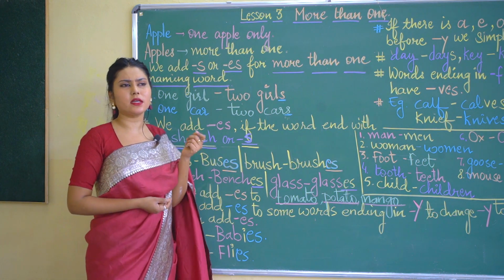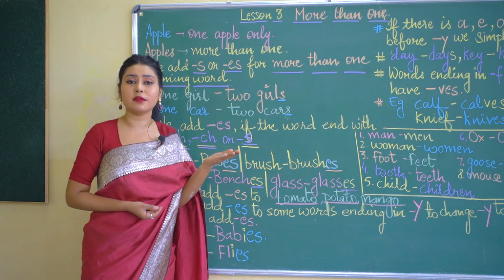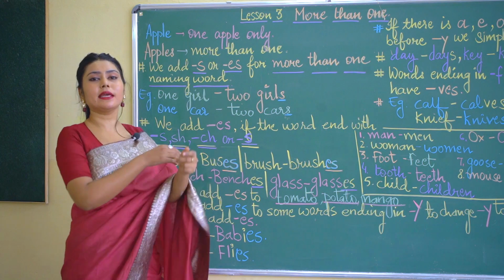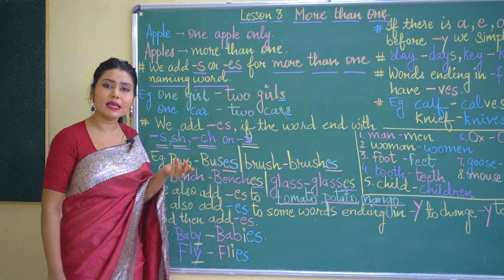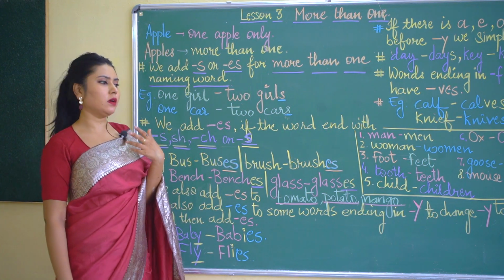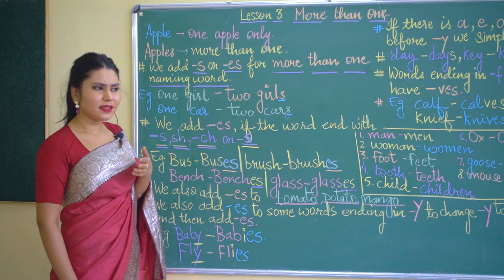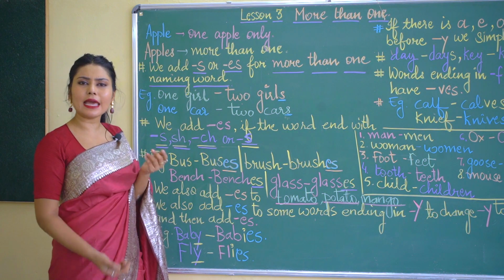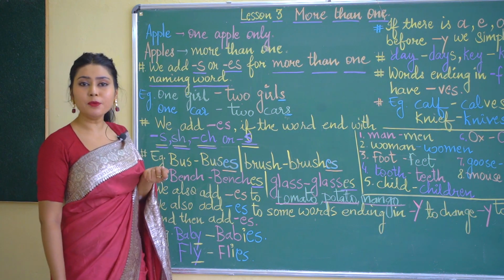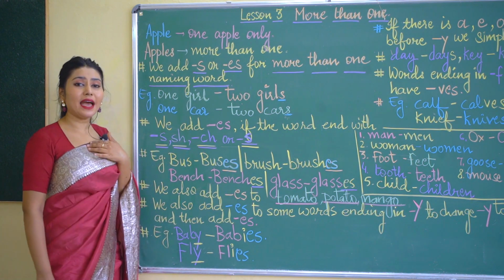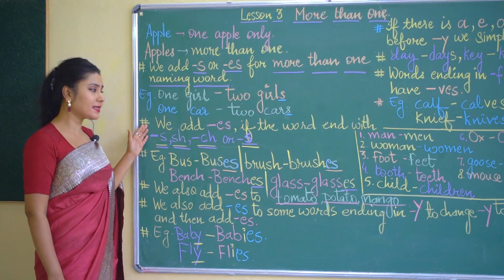Another thing, children, this is very easy. If you have one pencil, and if you have more than one, you'll say pencils. You have one eraser, if you have more than one, you'll say erasers. If you have a pen, and if you have more than one, you'll call it pens. These are simple words. You just keep adding S to them and you will find the plural of it. But we have certain rules with different words coming.